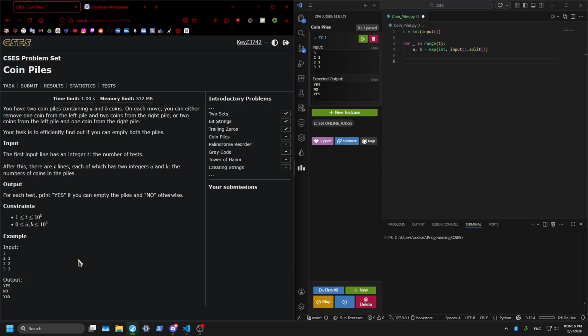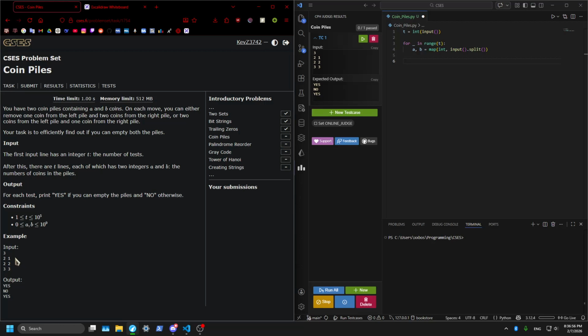It looks like brute force to me right now. I can't really think of a, maybe there's a math answer, right? It's 3, so